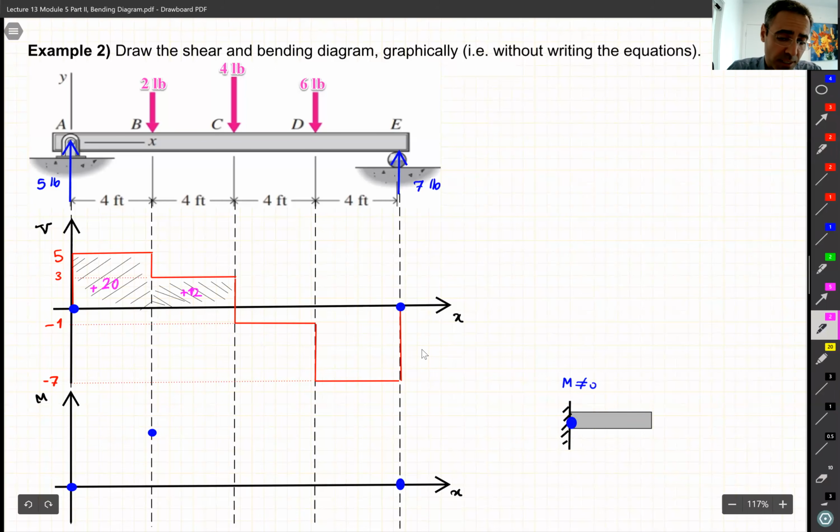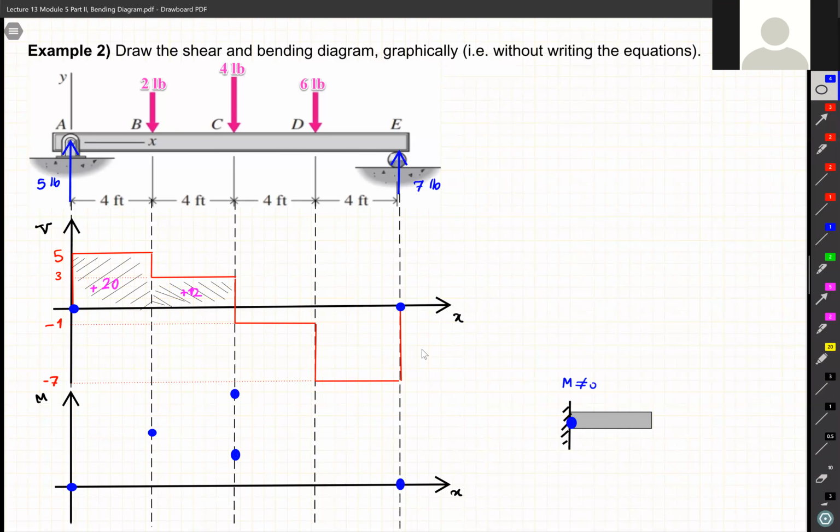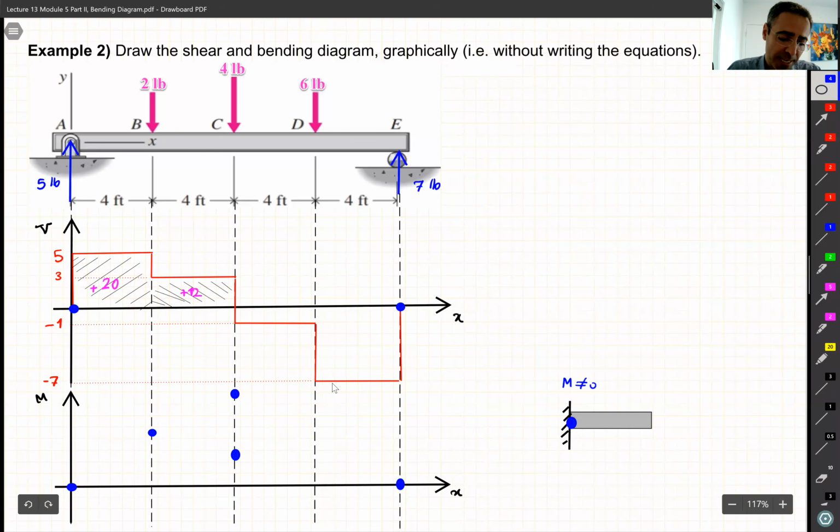So here I've seen a lot of mistakes that the students make. Should I put this point at 12? Or should it be at 32? Which one is correct? 32. Thanks, Emily. Because remember, at any point that we are, the integral up to that point means the